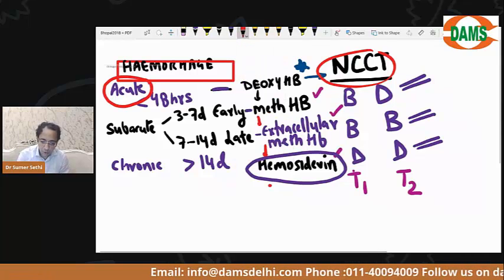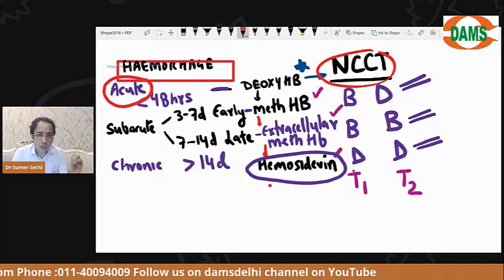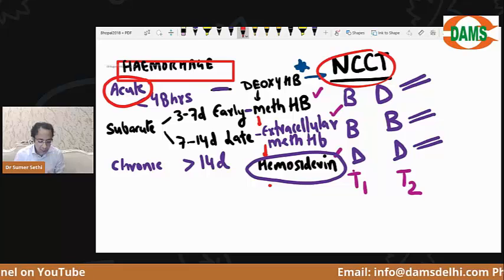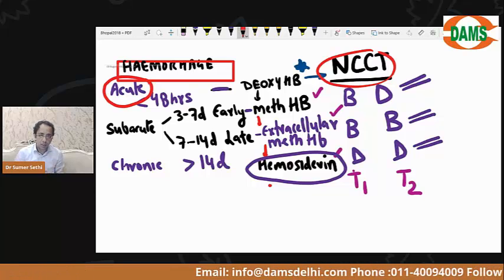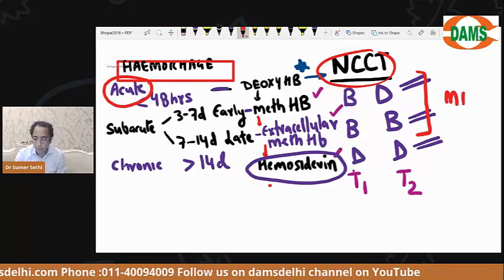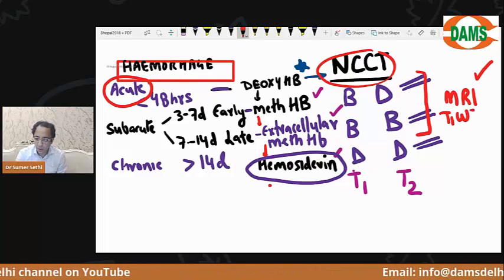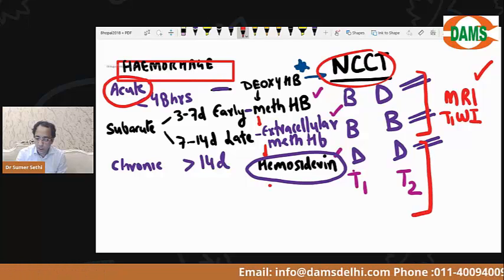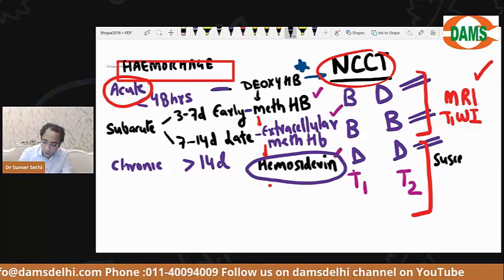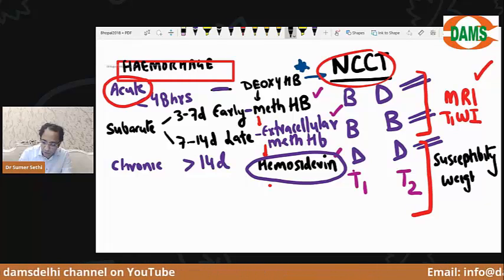Let's see if you can answer my question. What is easier for my eye to see, bright or dark? Bright is easier to see as compared to dark. So that is why for subacute hemorrhage, the routine MRI is preferred, especially we look at the T1 weighted image. In chronic stage, we need to do a special kind of MRI sequence, which is called susceptibility weighted MRI,